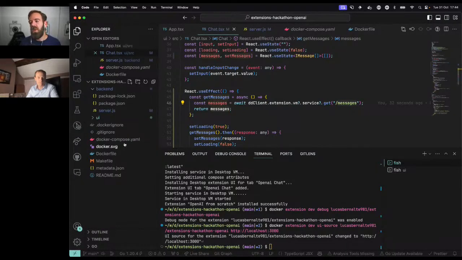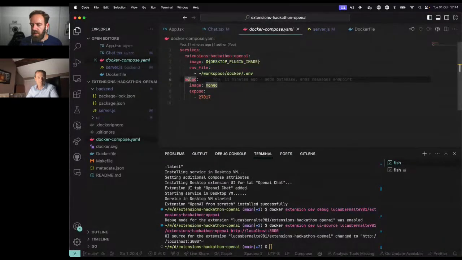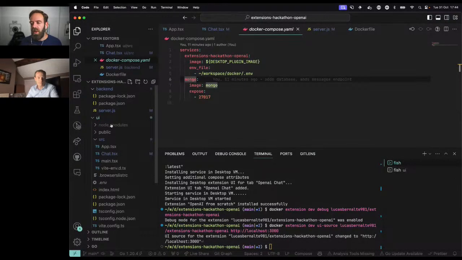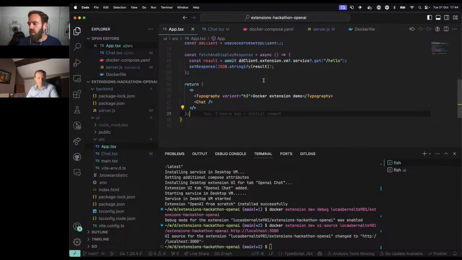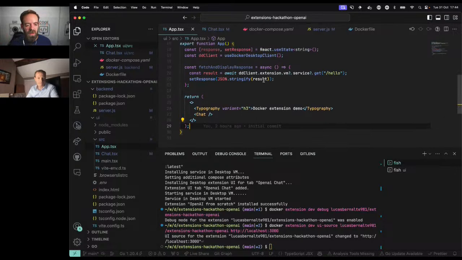And we also have a database declared here in the services of the Docker Compose as well. And we're querying our own backend through the Docker Desktop Client method. We also did some notifications at some point, and if we wanted to navigate to other parts of Docker Desktop, we can use the library, and we can use that library for other things as well. But I think for this example, we covered everything that we wanted to have.